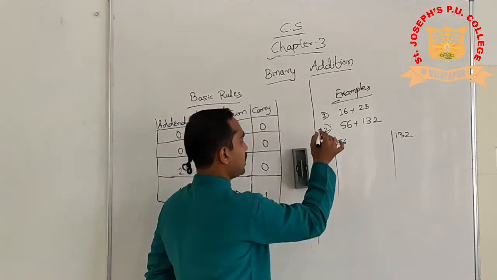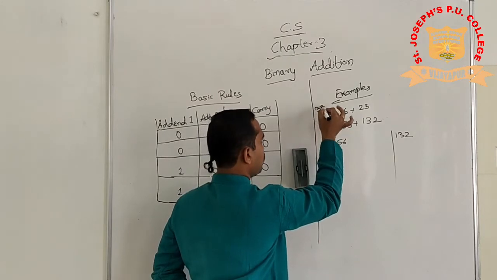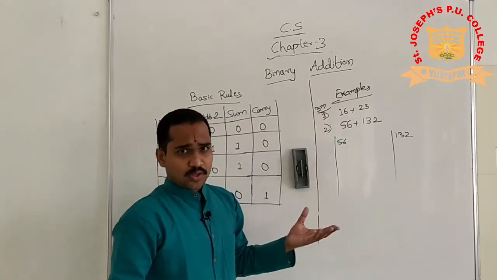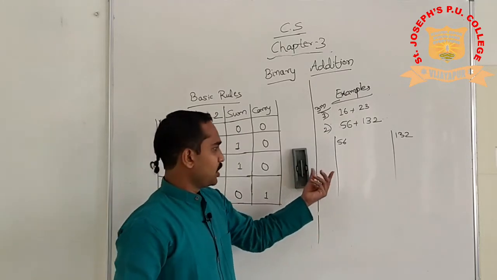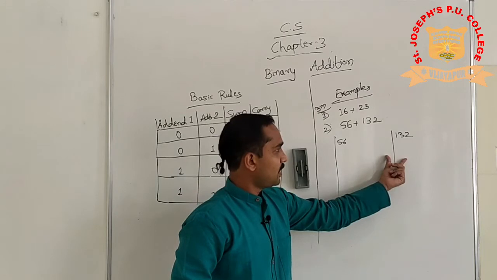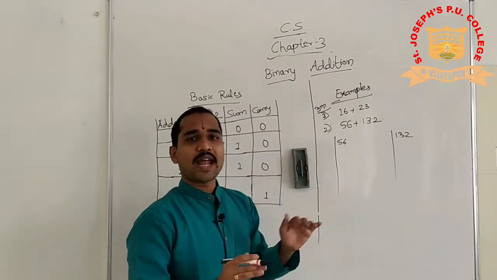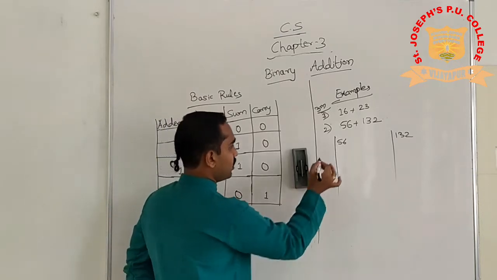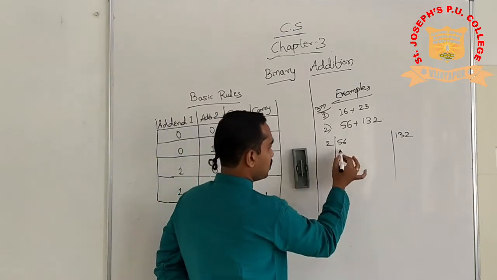See, this is normally asked for 3 marks, or 2 marks also sometimes, but 3 marks. You are converting this one, 1 mark; you are converting the other addend, 1 mark; you are adding them both, 1 mark. So it consists of 3 marks normally. Fine. So convert this first.